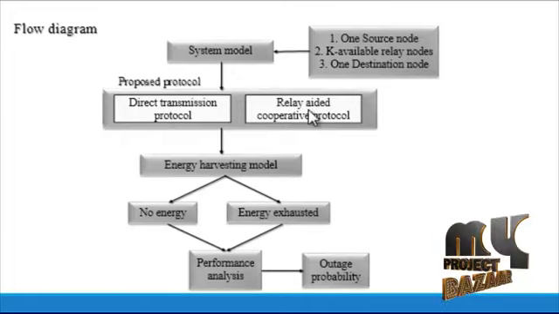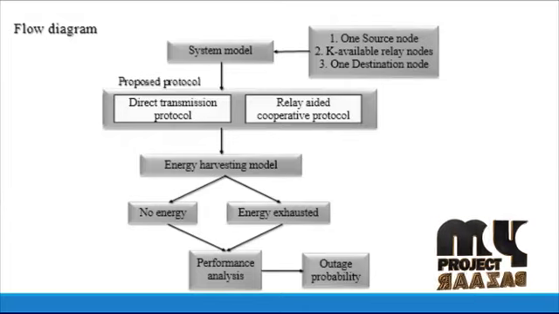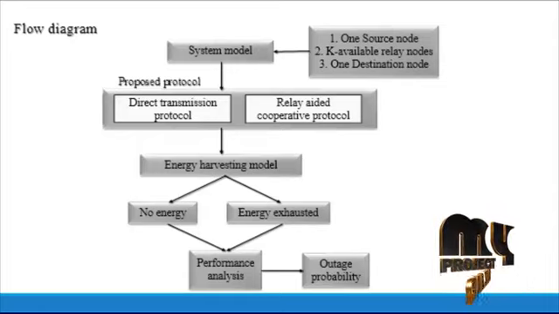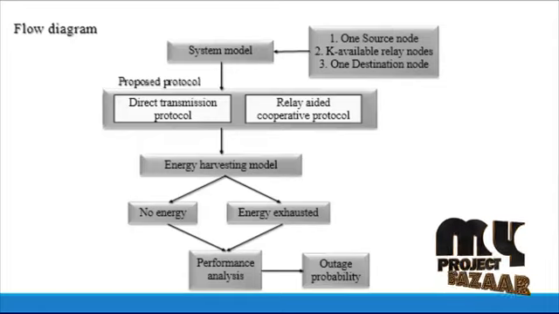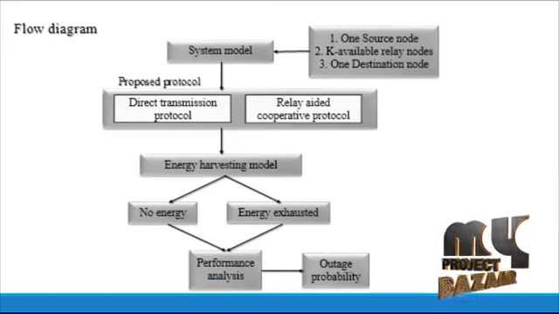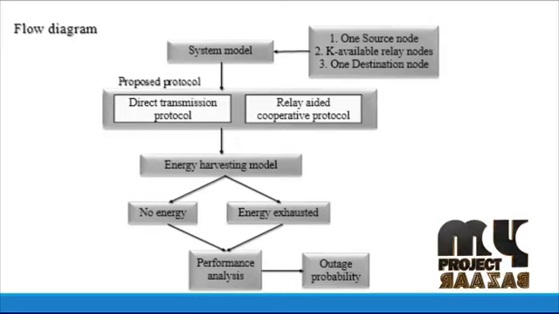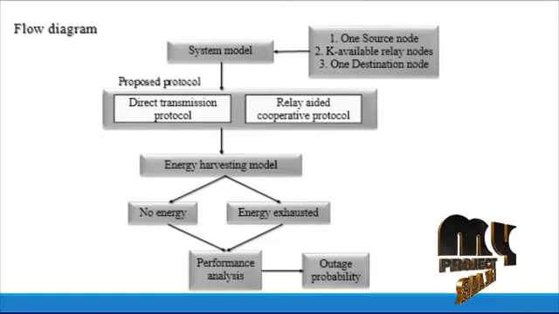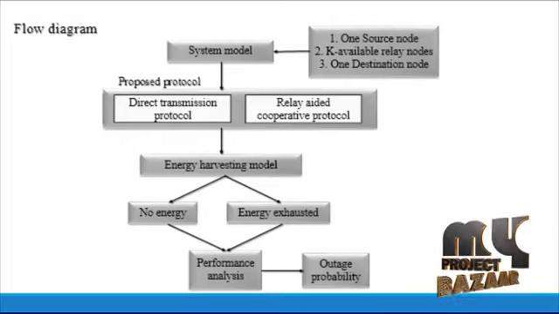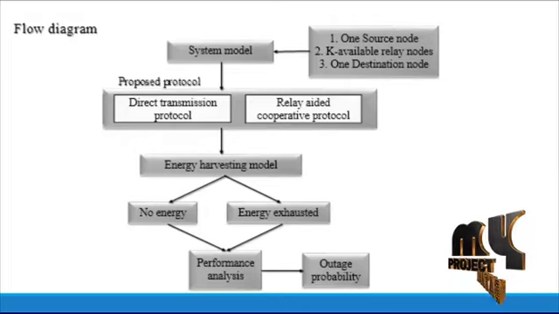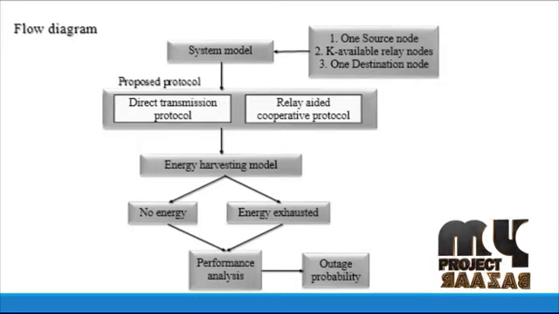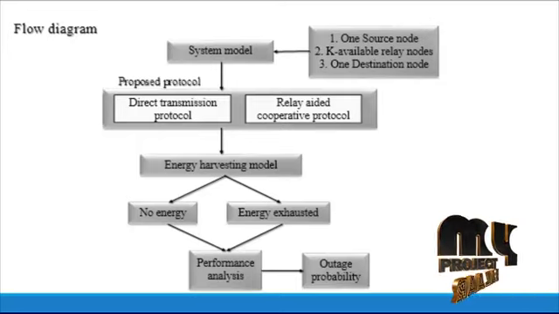Next, the relay-aided cooperative protocol. In the relay-aided cooperative protocol, both the direct link and relay links are available for information transmission. One relay-aided link with enough available energy is used only if the direct link is dictated by deep fading. Namely, the cooperative protocol contains two steps. One is the system aims to transmit information over the direct link, and if that fails, a relay link with enough energy will be selected and activated to provide the alternative link instead of the direct link. If that also fails, an outage event will occur.